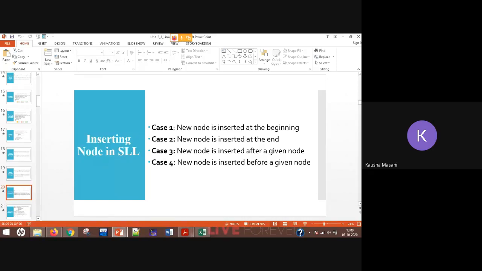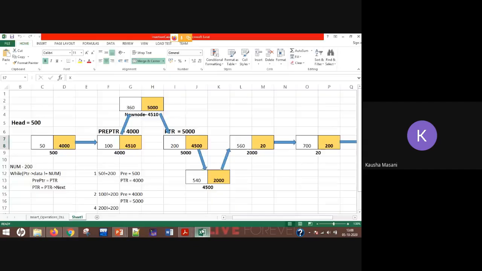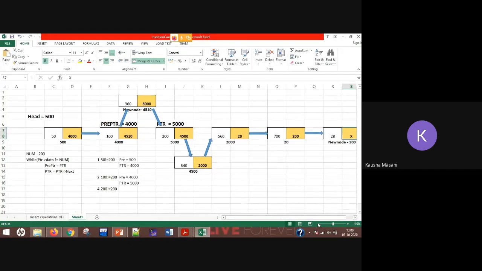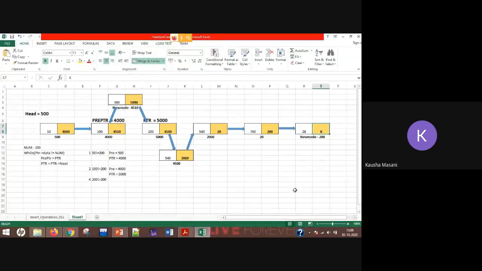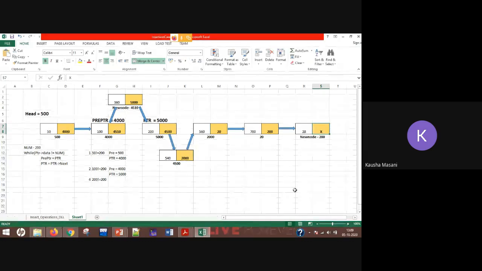If you can recall, we had created and worked on this Excel. At the very end, I told you to keep a reference of this Excel with you. This was the Excel that we worked on to insert node at various positions.